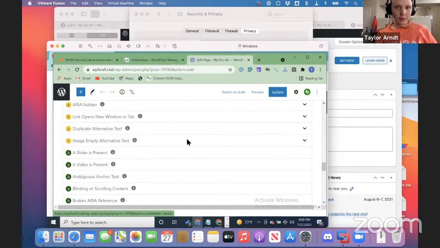So let's expand one of these things now that we know what kind of errors. And it says zero pass. So it says, let me play this again. Clickable 0, a slider is present. So it says zero, a slider is present. So I assume that zero means passed.